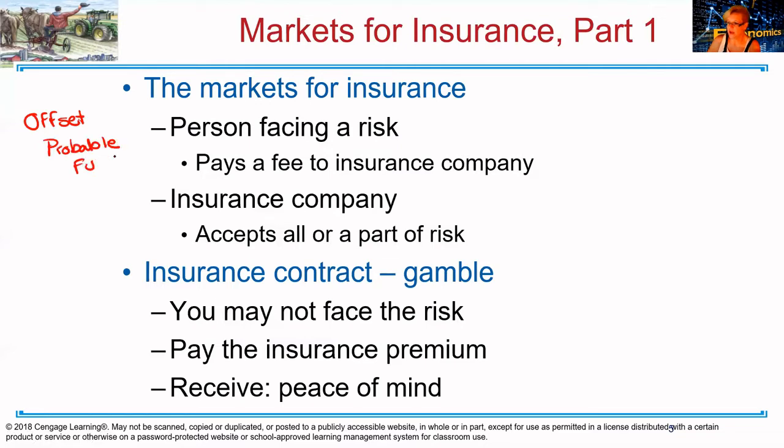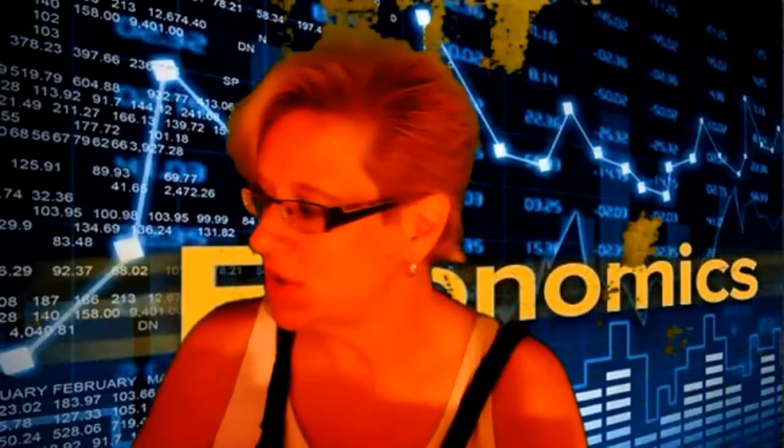Let me talk personally for a moment. The insurance company might accept all or part of the risk. For example, I have insurance that covers me when I go to the emergency room. It's not health insurance. They basically pay me anytime I go to the emergency room. So why do I have it? I have it because I've been to the emergency room a lot. I have a lot of replacement parts.